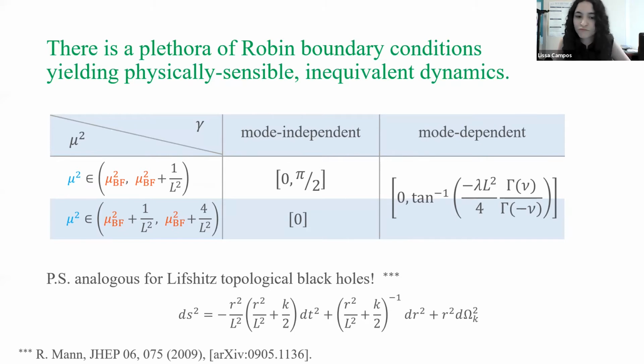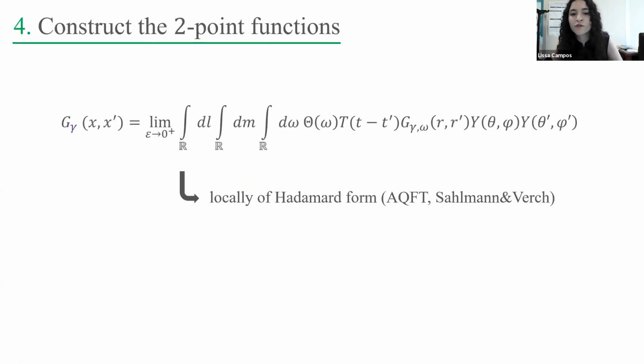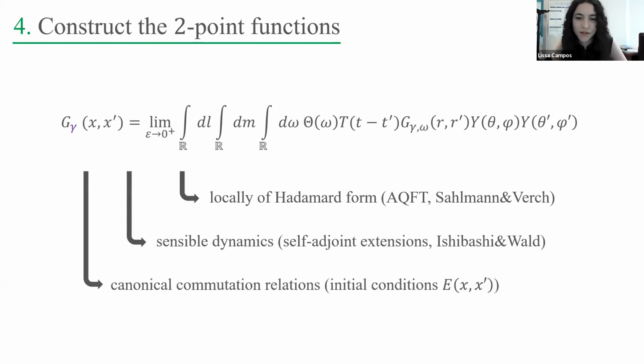So, but I mean, in some cases you can still generalize it, but I don't know. Yeah, this definitely applies on static spacetimes. It does apply on rotating, like on the rotating BTZ, it worked, but on Friedman, Lemaitre, Robertson, Walker, I think it would be a different analysis. You can construct the 2-point functions, but you cannot invoke the same results I did. Let me go back here. You cannot use this result, for example, to guarantee that it is of local Hadamard form, and you cannot take exactly the same ansatz that I did, but you can construct it invoking different results.